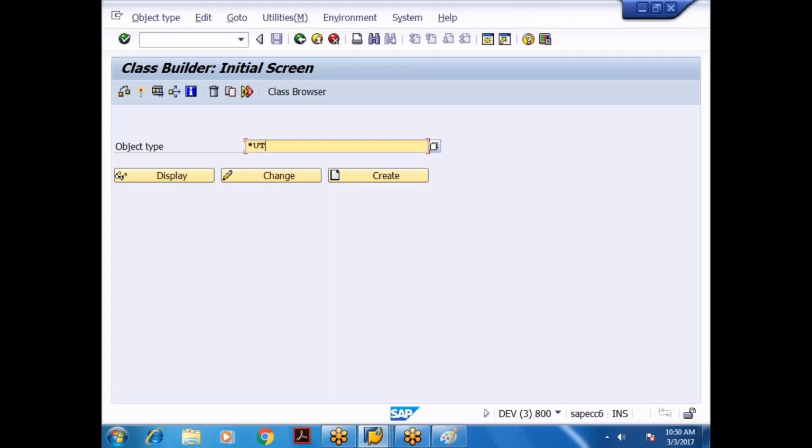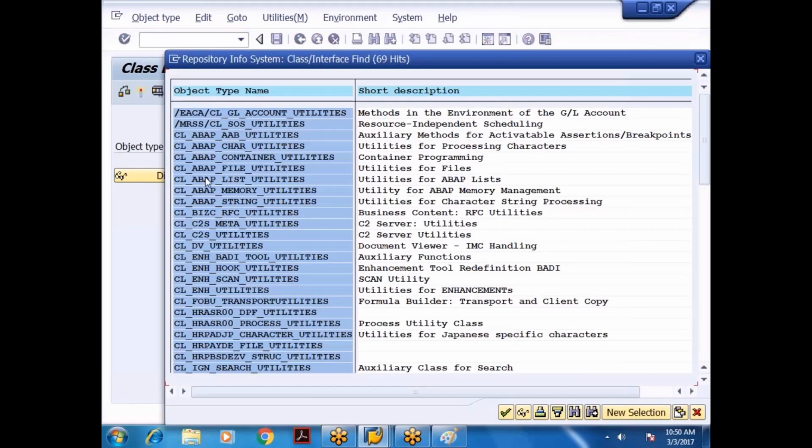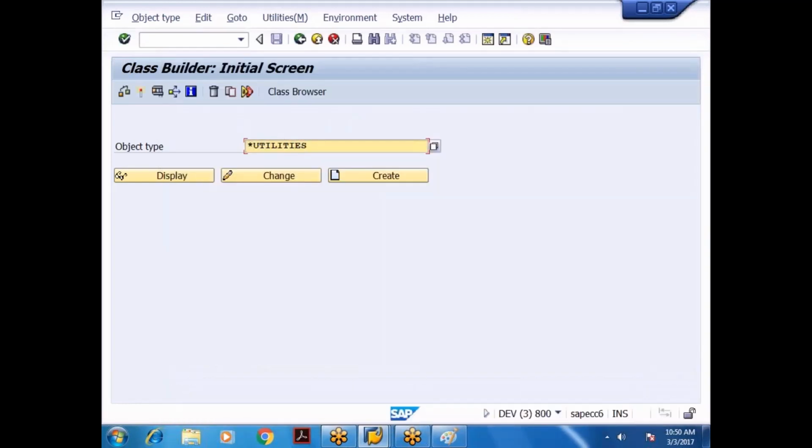I forgot that. It ends with utilities. Oh, there are many things here. Okay, related to smart form, there is one, SSF star.